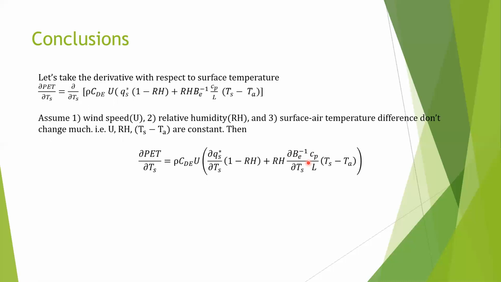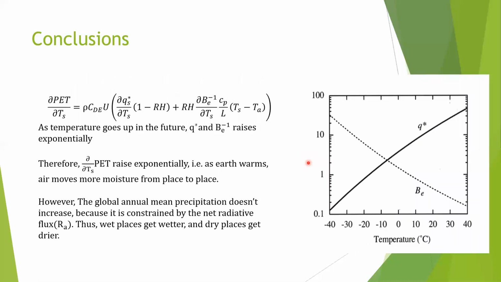Ultimately, we need to know the relationship between the saturation humidity and the temperature. We can find the relationship in many ways, either empirically or following the Clausius-Clapeyron equation. Looking at the graph, as the temperature goes up, we know the saturation humidity and the inverse of the equilibrium Bowen ratio rise